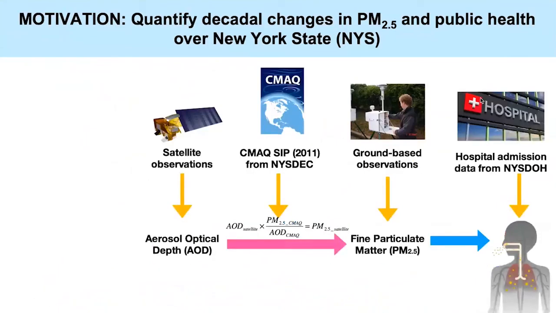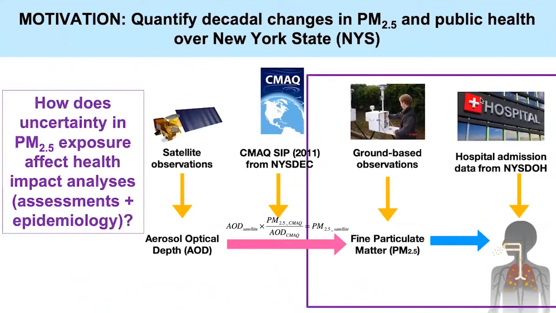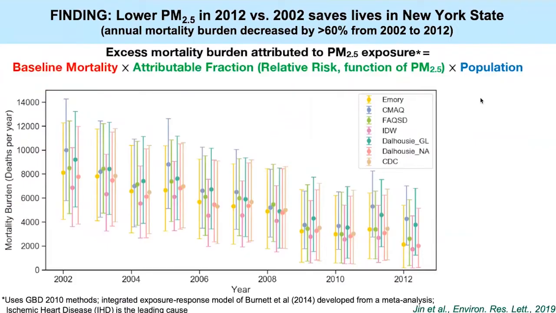So coming back to our overview slide here, I want to switch gears a little bit now and focus on the health endpoint aspects of our project. The key question here is still focused on uncertainty in PM2.5 exposure, but now trying to quantify the impacts that this uncertainty has on health studies. The first study is a health impact assessment that was published as part of Xiaomeng Jin's environmental research paper last year. What she did is to take these 7 available data sets for New York State that I had previously shown you,